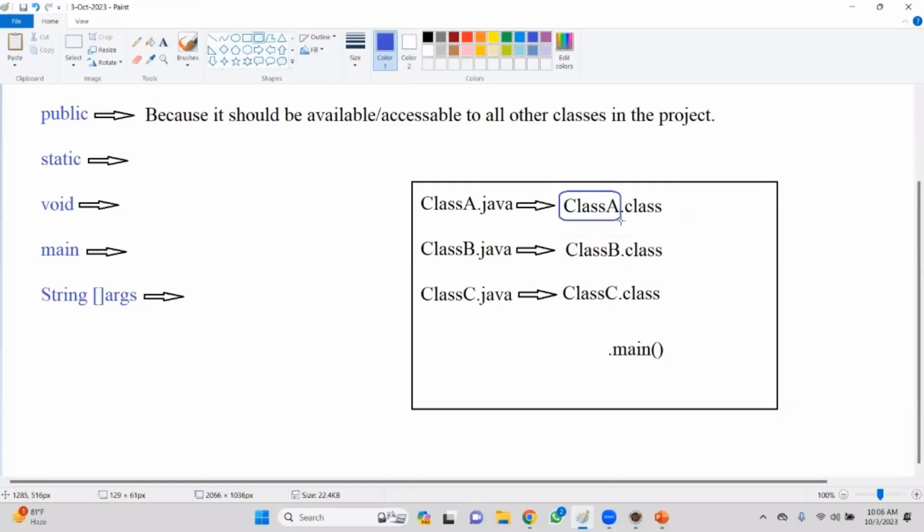Now my question is, what is this class A? Can I say that this is the class name? Yes or no? Class name, public class name. How can I say like that? Tell me why. Because, sir, the generated dot class file name will be